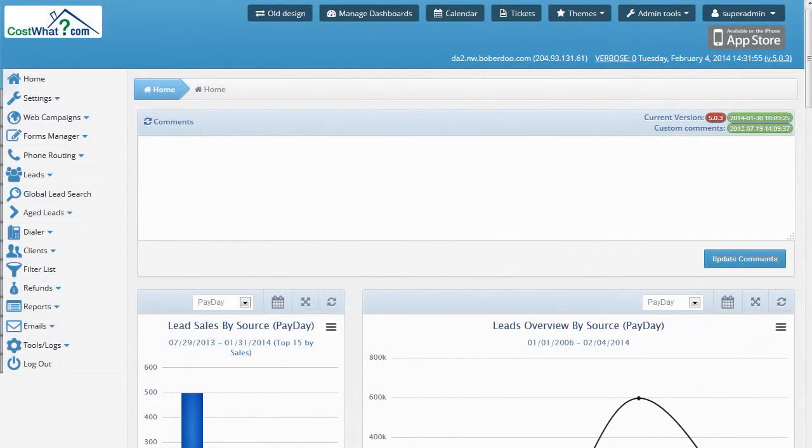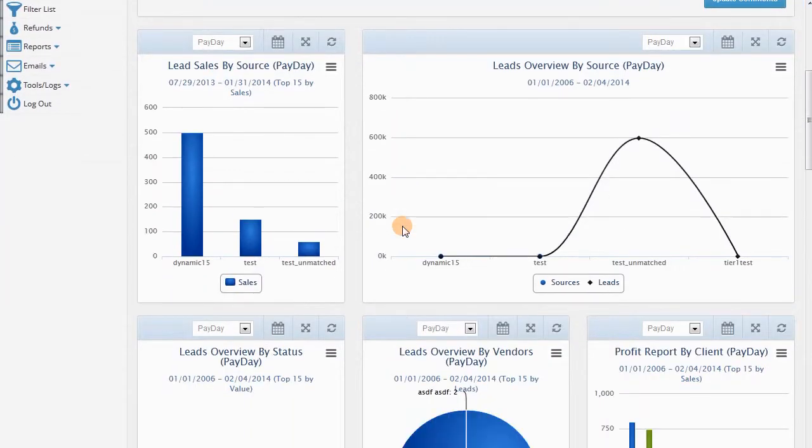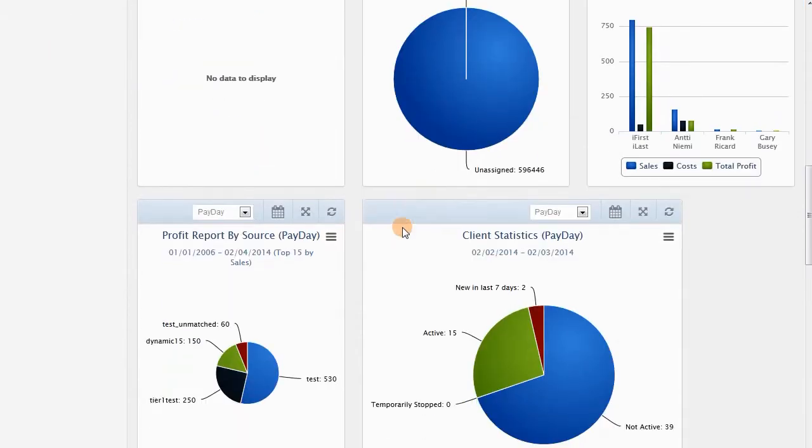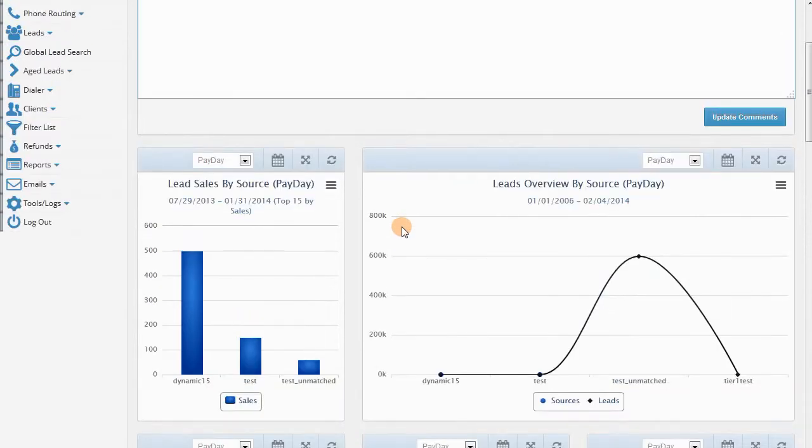This video is a short overview of the main home page and left menu options of your boberdoo system. Each section will be covered in more detail in future videos. This is just a brief guide to the most frequently used ones. So the home page is the first thing that you see once you log in, and it conveniently displays a